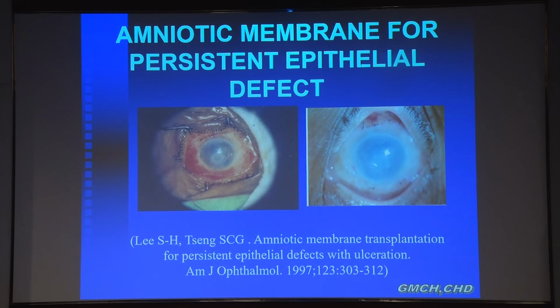Similarly, persistent epithelial defect due to any cause, like post-PK patients, many of them develop it, then there is viral keratitis. In those conditions also many times this defect doesn't heal at all. So in these conditions, if you apply amniotic membrane, the epithelial defect heals very nicely. So it's a very good indication where any epithelial defect which is not healing, just apply amniotic membrane, it will